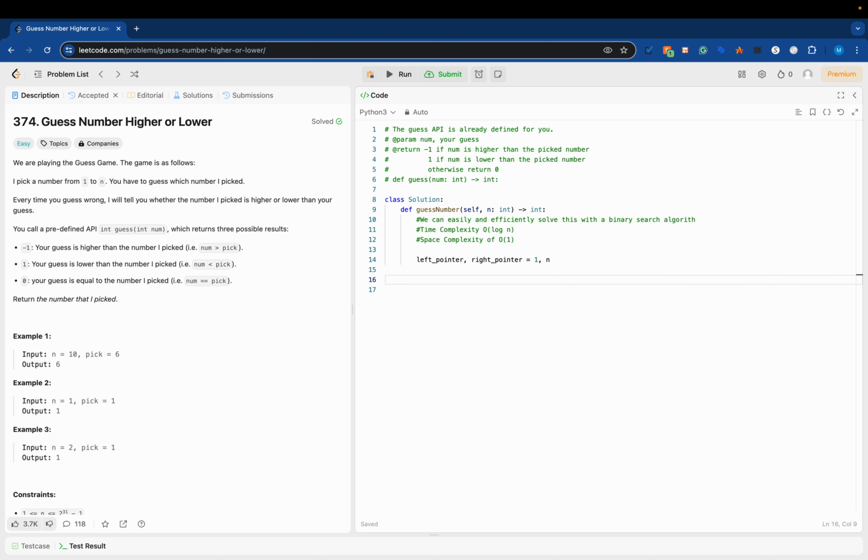So now let's get into this. While our left pointer is less than or equal to our right pointer,